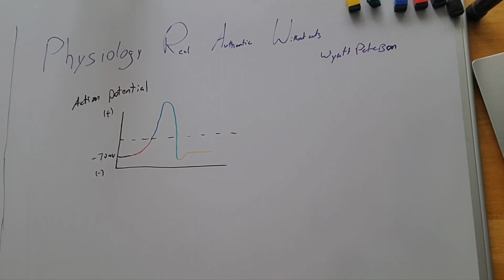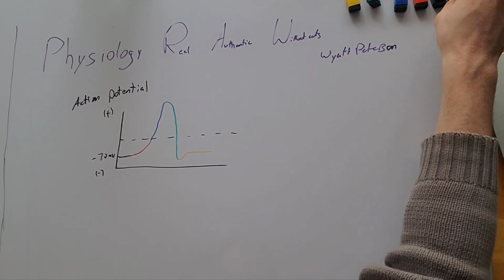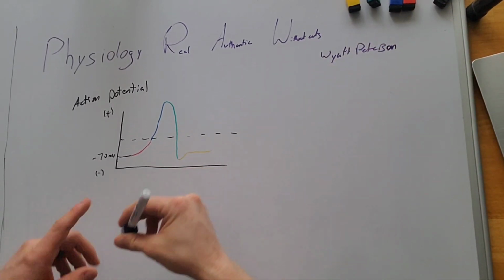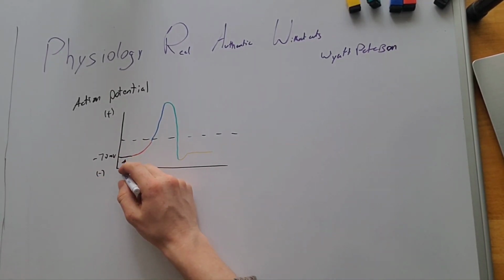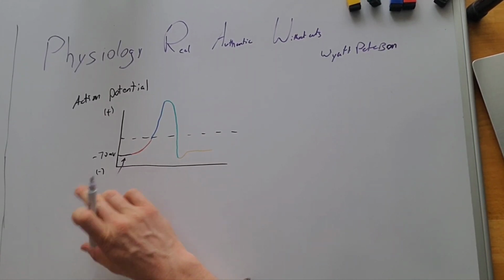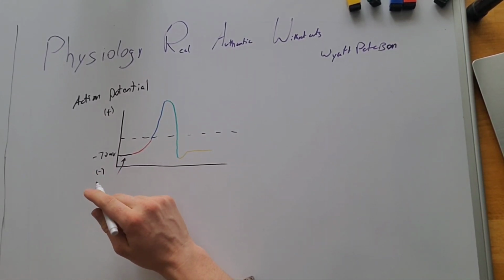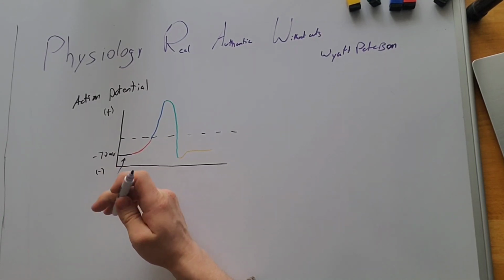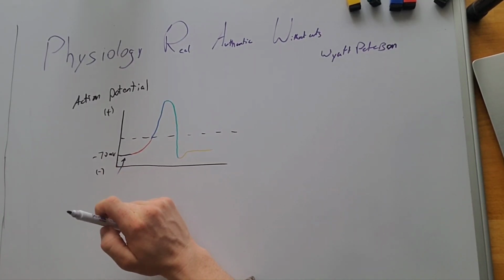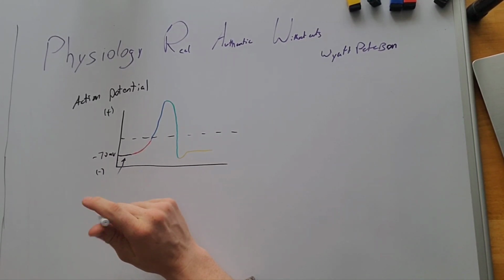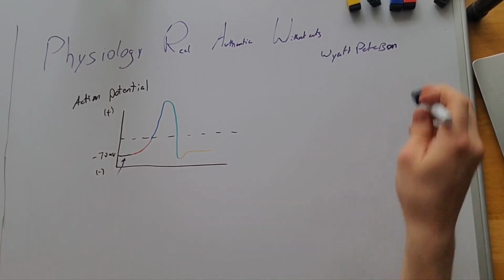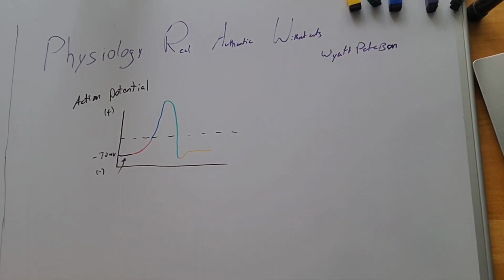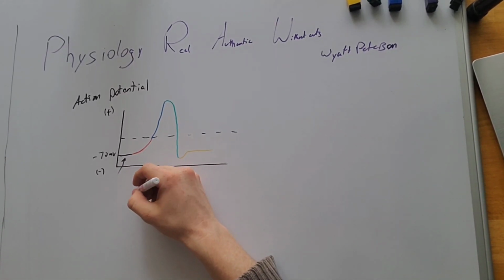For each phase, describe the action of the channels involved in the ion currents. So purple, just for continuity, we got purple right here. It's going to be just the normal situation going on. There's the normal amount of potassium leak channels going on. We have that sodium potassium ATPase pumping its thing. And so for some reason, some kind of stimulus comes along, and we have some kind of mechanical